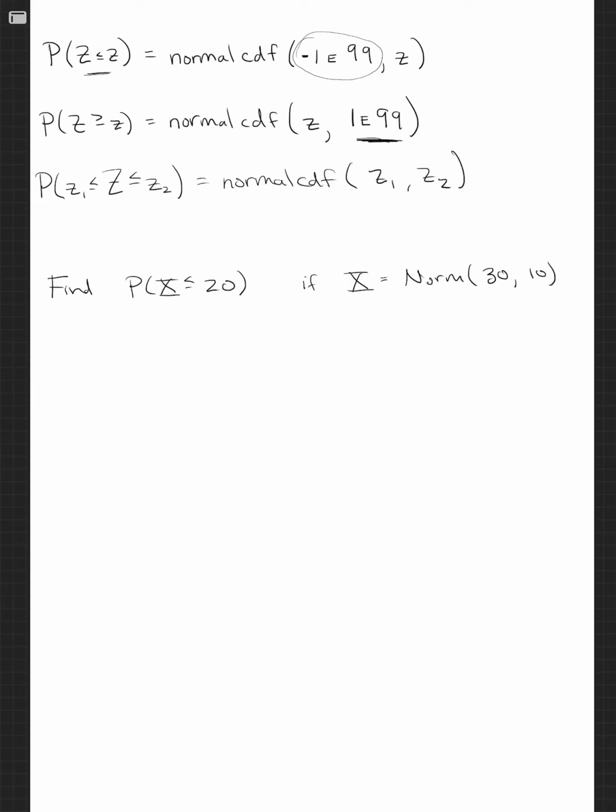So for now, because we haven't talked about how to do it any other way, even on our calculator, that'll be next section,